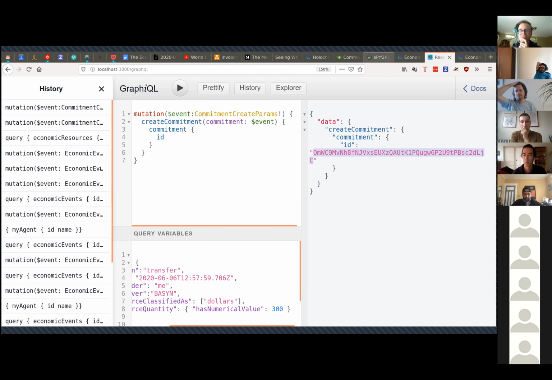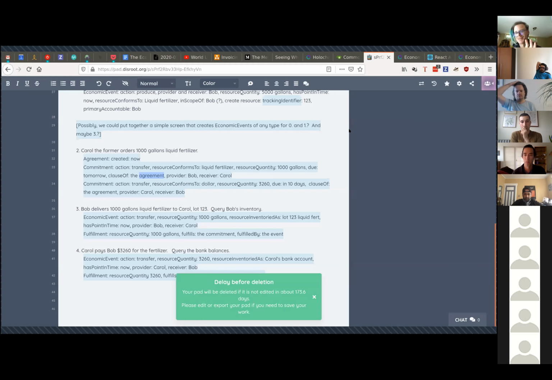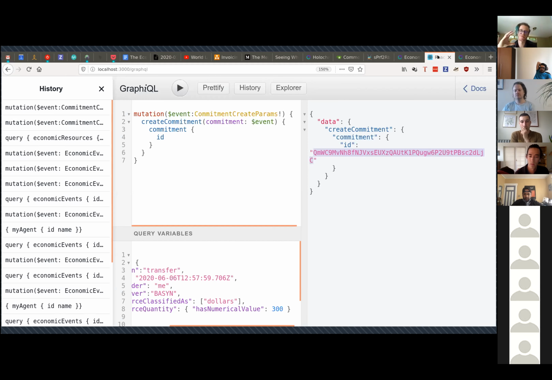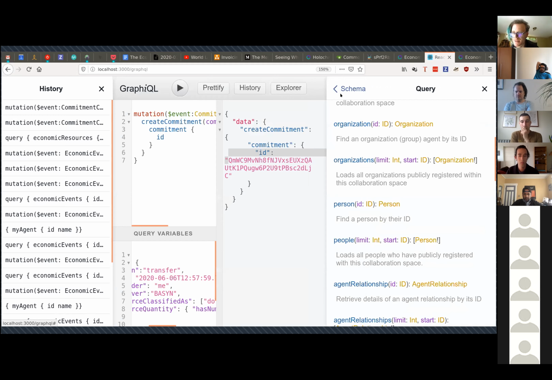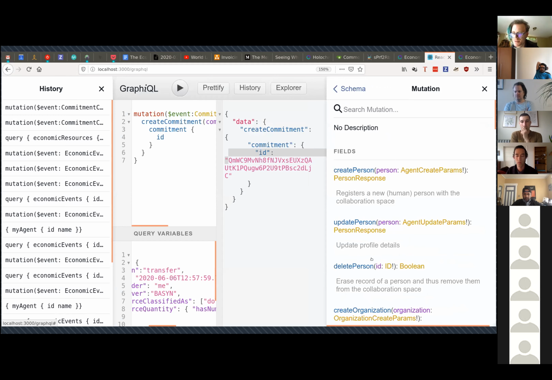So yeah, these are very, very similar to events, many of the same fields. And then there are records in between that specify how they relate. So I'll just pull it up in the schema browser. Actually, it might be easier than talking through it. So you have, in the mutations,